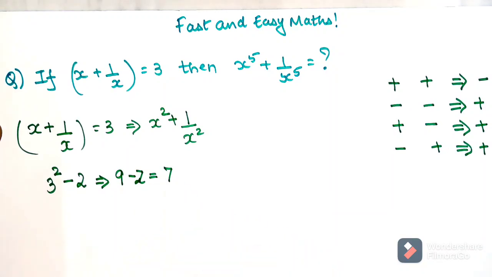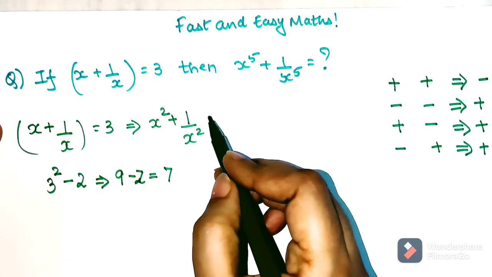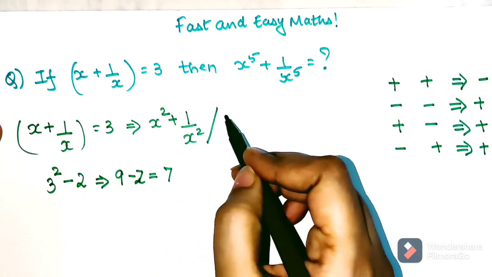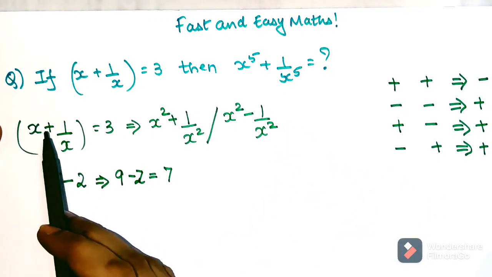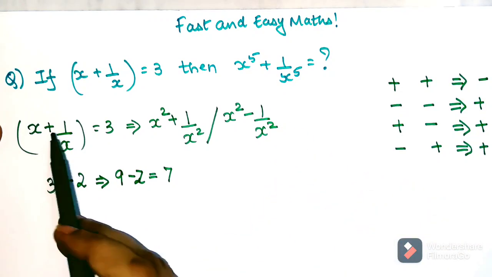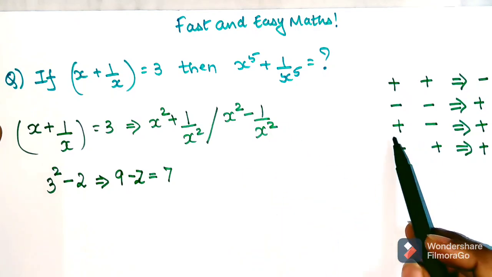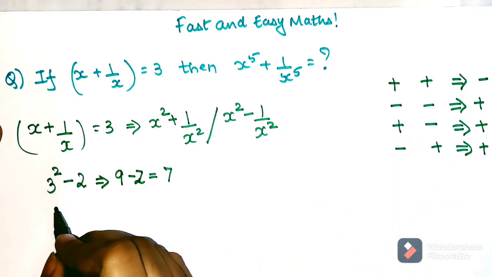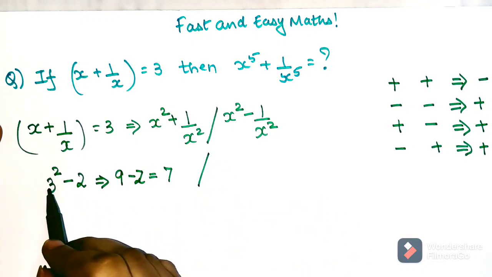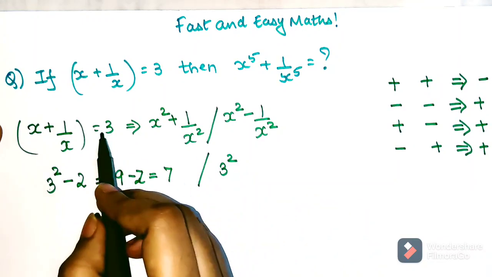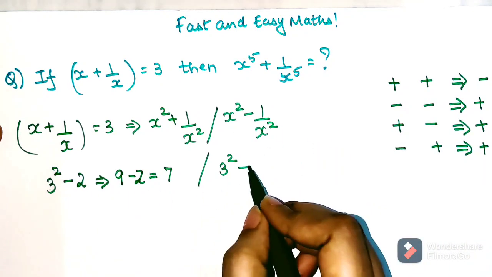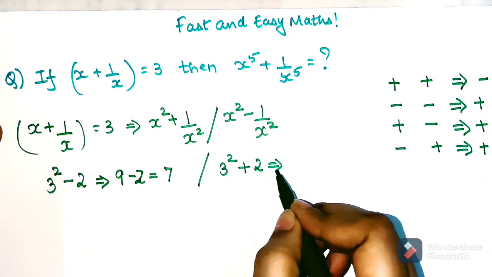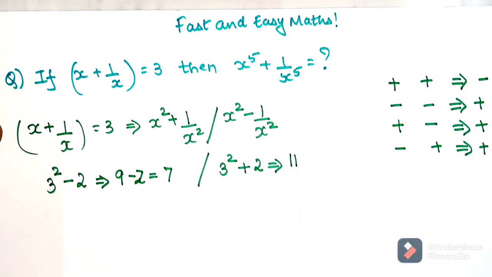Okay. Now instead of that, if they had asked you to find x square minus 1 upon x square, so here we have what? A plus given in the question and a minus being asked, which means the third scenario. So here we are going to use the same trick. So 3 square, we just simply square it because we are looking for a square, okay? And instead of minus, we are just going to add. So my final answer would be 9 plus 2, that is coming out to be 11.